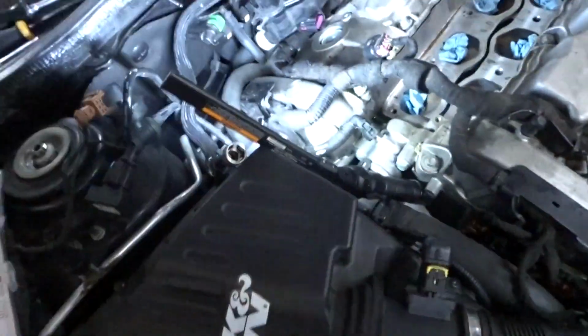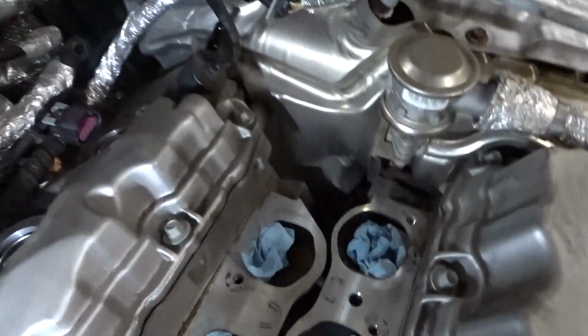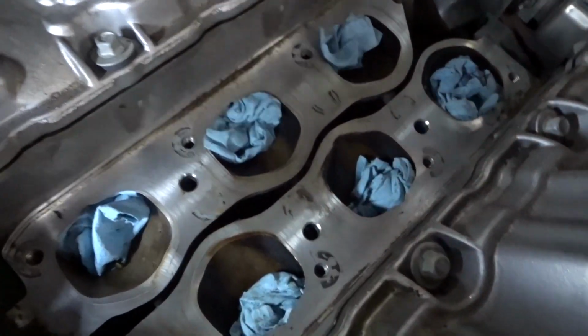So I got the fill line off, used that tool, and pulled off the fuel injectors. I couldn't get them unplugged because the connector was brittle and I didn't want to break it, so I just slid them off to the side right there. I pulled the lower intake manifold cover off, and yeah,